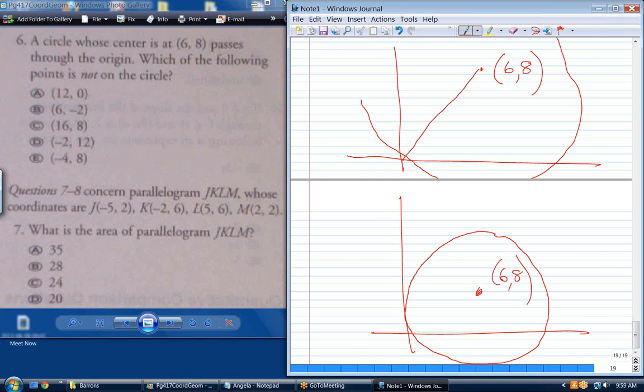Which of the following points is not on the circle? Do you know conic sections? No. Have we ever talked about conic sections? Huh. We've never talked about the equation of a circle. No. Well,